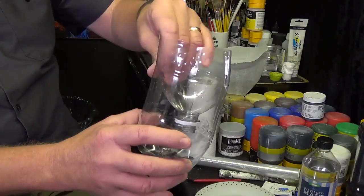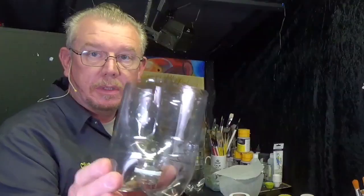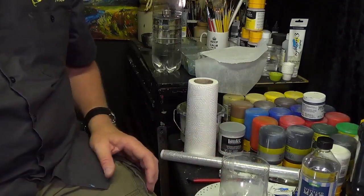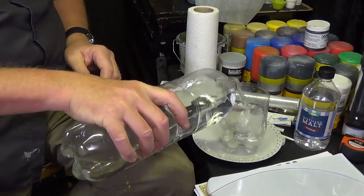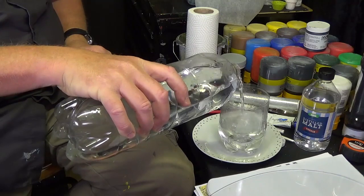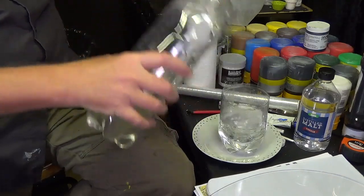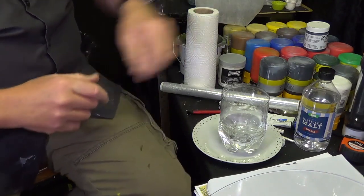Now, the secret behind this, when we wash our brushes, is if you put that one in that one, like that, so you've got the top in the bottom. Can you see what I've done there? The top in the bottom, yes, and we need to put that down. And then when we fill it with water, let's go like this. We'll fill that with water. There we are. And when we come to wash our brush, what's going to happen is very simply, I need